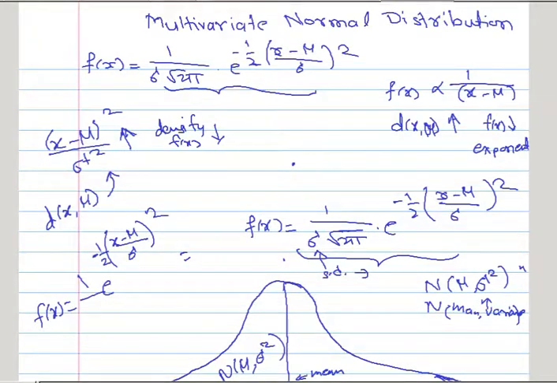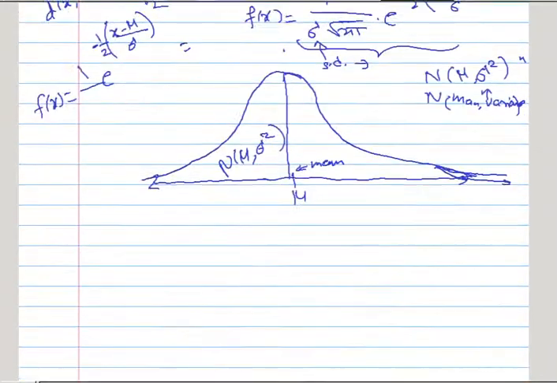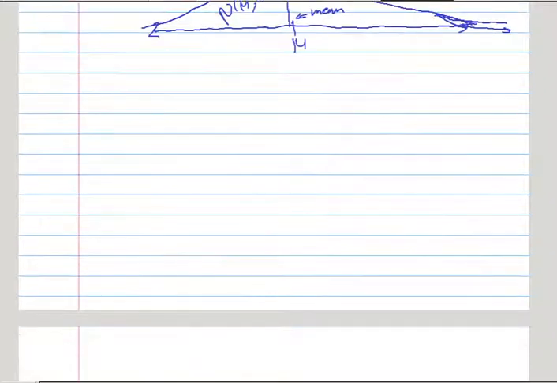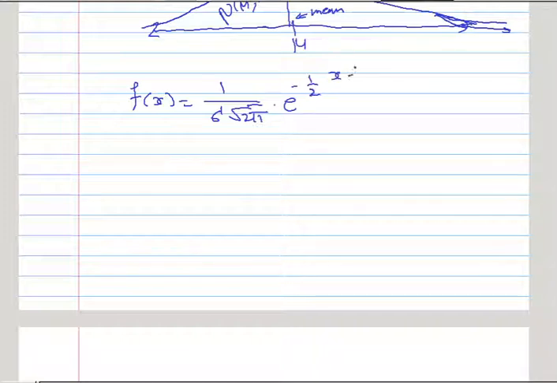So we'll generalize this idea to the multivariate normal distribution. Till now, what we have considered is the density of the univariate distribution: f of x is 1 upon sigma root 2 pi e raised to minus 1/2 (x minus mu upon sigma) whole square. And those conditions are there: x has to be real, mu has to be real, and sigma square has to be positive. Sigma also has to be positive because sigma is the positive square root of variance.